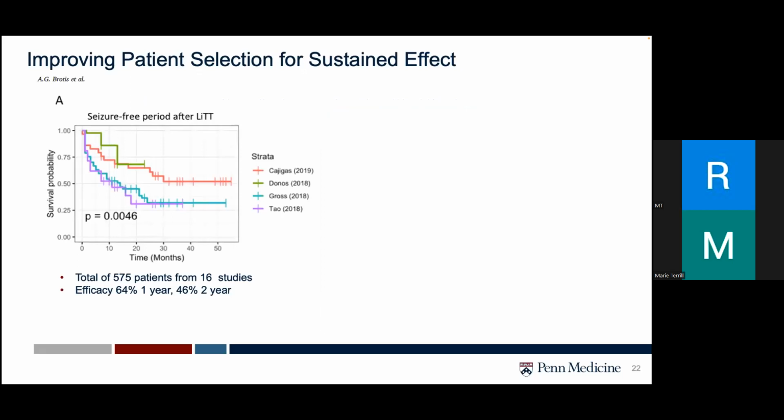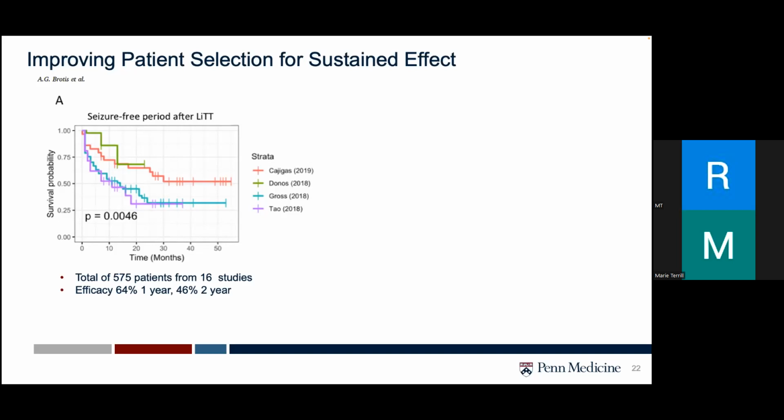All right, so there is limited knowledge regarding the sustained effects of laser treatment over time. Now, these are results from a retrospective analysis that looked at 575 patients. The primary aim was to look at the efficacy of LITT over a prolonged period of time and to identify if there were any potential effect modifiers. Overall efficacy was found to be in that 54% range. Median seizure-free period was 60% at 1 year, but at 2 years, the trend seemed to decline, though this trend did not reach statistical significance in the published data.